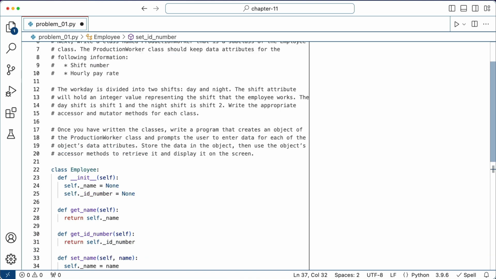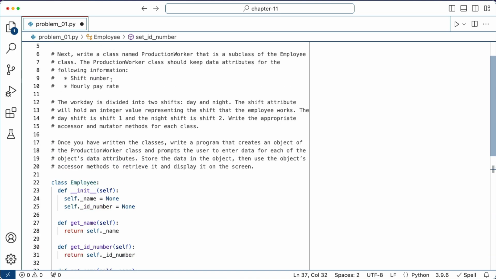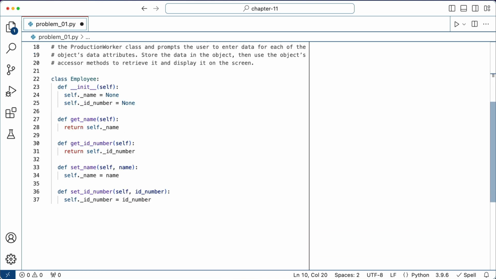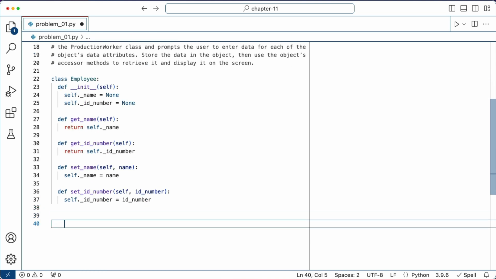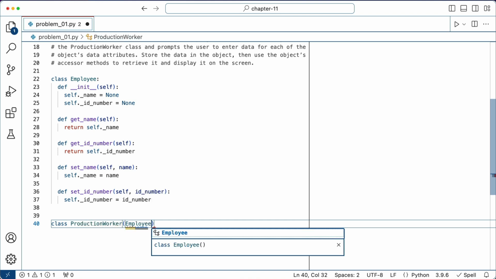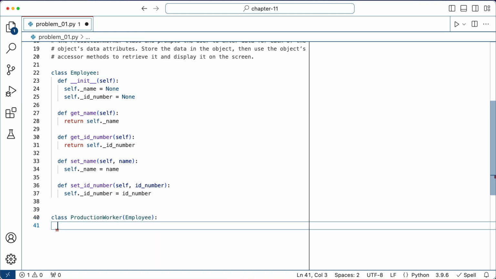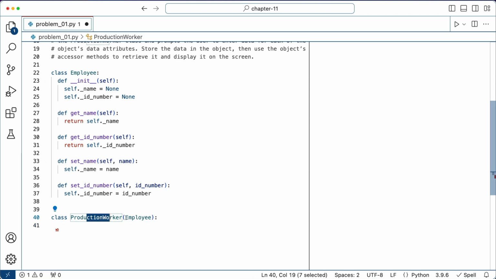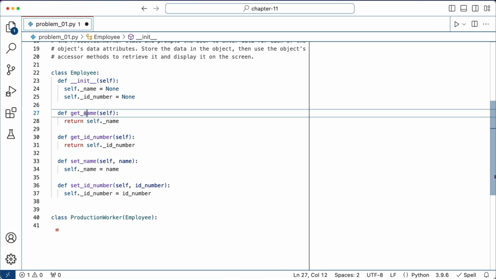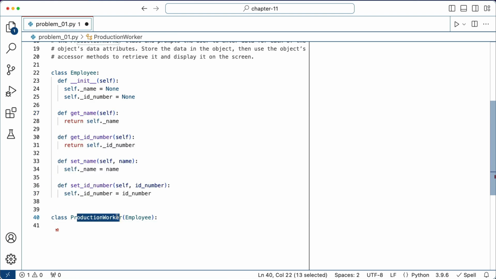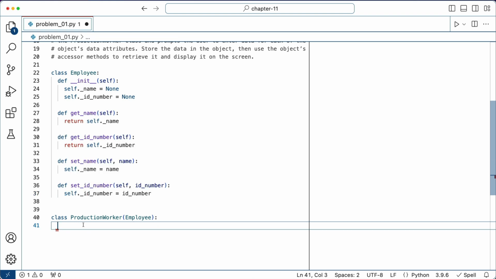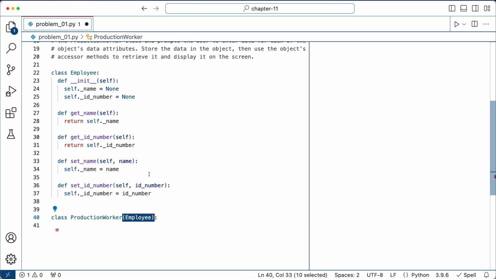Now we have this production worker class, which has the shift number and the hourly pay rate. So let's do that one now too. But this one inherits from employee. So class production worker like that inherits from employee. Okay, so now we have this class production worker, which inherits from employee, which means that it's going to have a name and an ID number. All of these methods are going to be part of this class too, because remember, it inherits it. It's like all of these things get copied into this when we do that inherit, but it's not really copying,